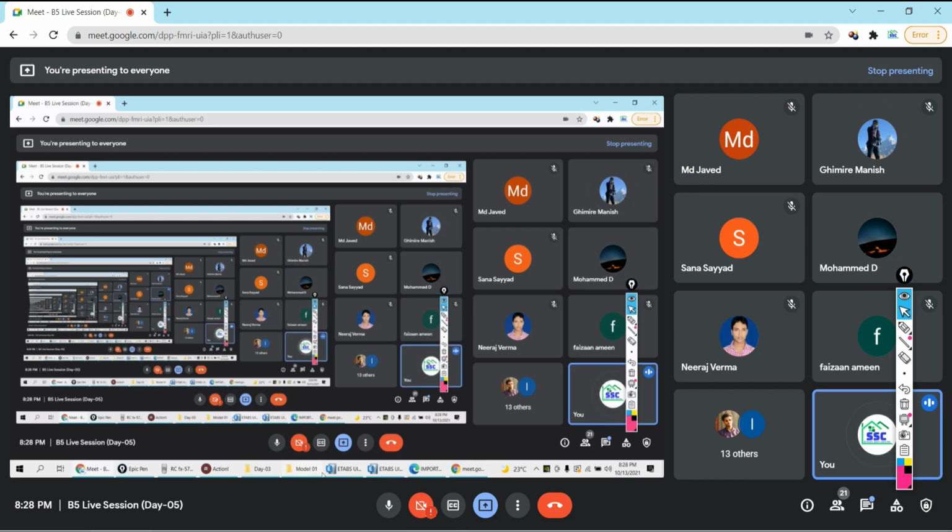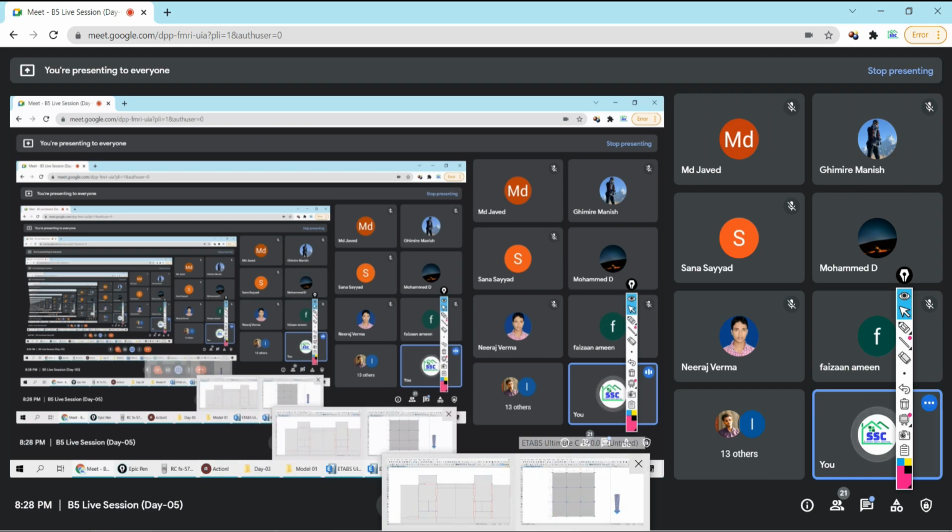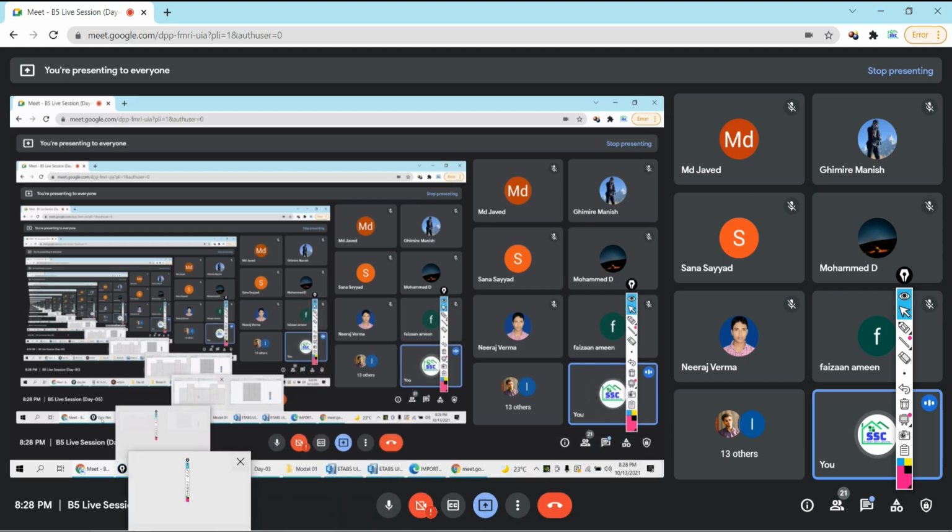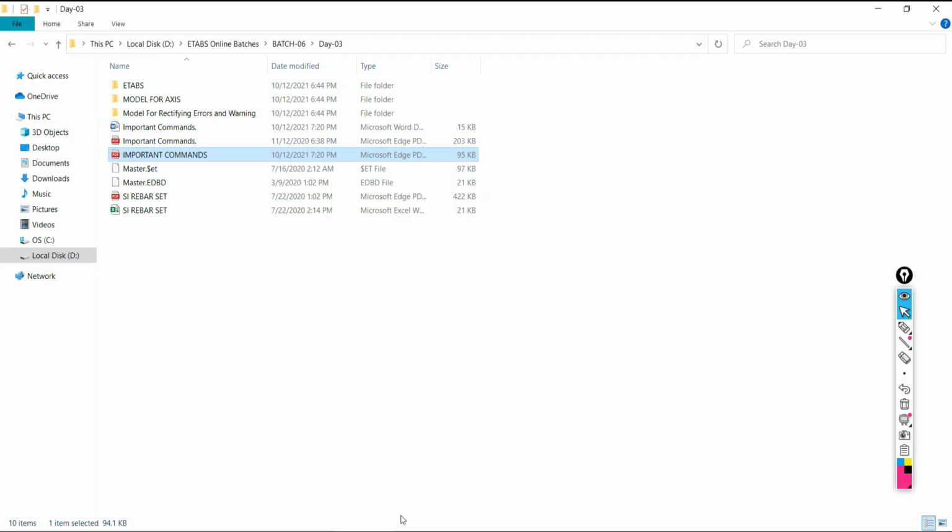Actually, if the architectural arrangement for two different floors is the same, then we can say that it is a typical floor plan. Simple, very simple. See the architecture plan. Suppose this is your ground floor, this is the first floor, and another one is the second floor. On the ground floor, suppose here is the bedroom, here is the passage, and here is the WC, just for example.